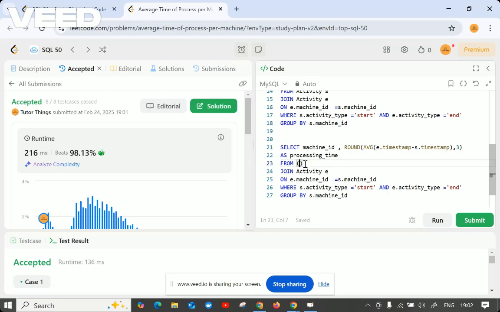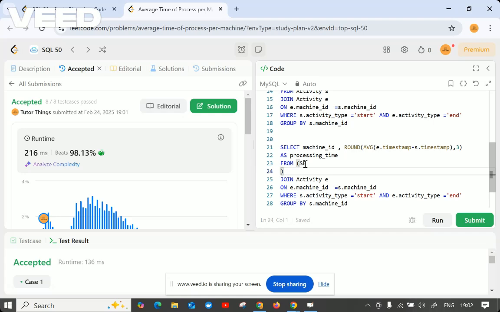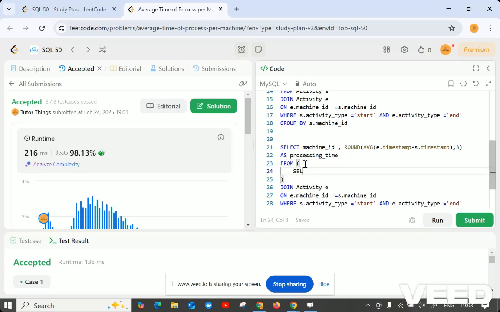The subquery I can write is again a select kind of thing starting here. Select mission ID. We can select anything. Process ID also we can take.